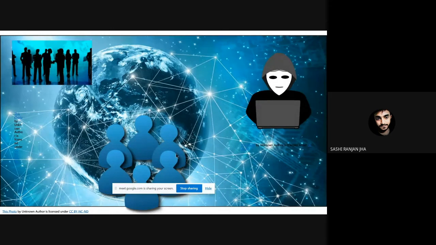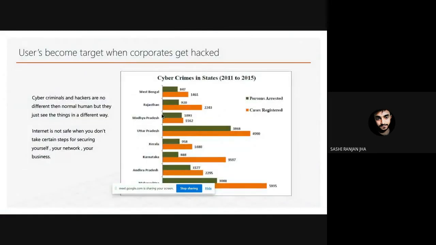The users are also there. Some corporate world people are also there. They are also trying to make business out of that data, and this is how the internet is working right now. In order to make ourselves safe from them, how do we trust anybody, whether the person we are connecting to is a genuine person or some kind of hacker? So in that way we have to think about this.